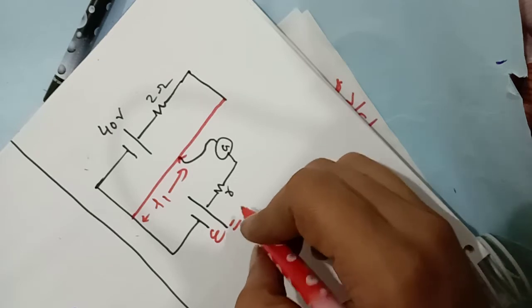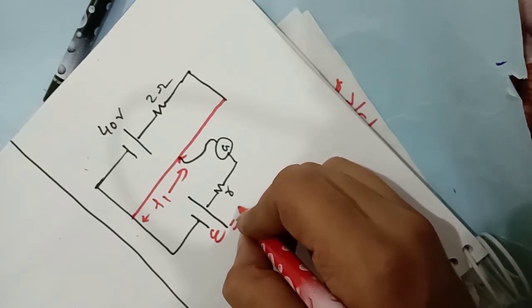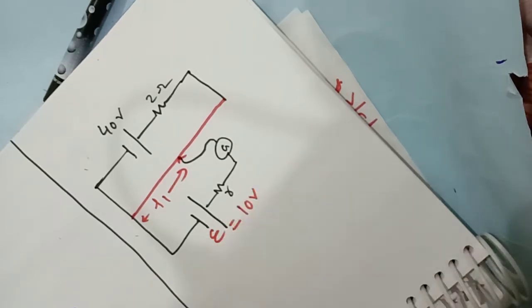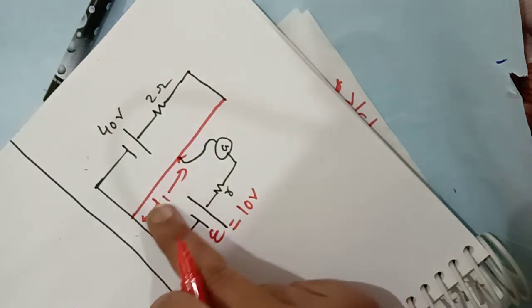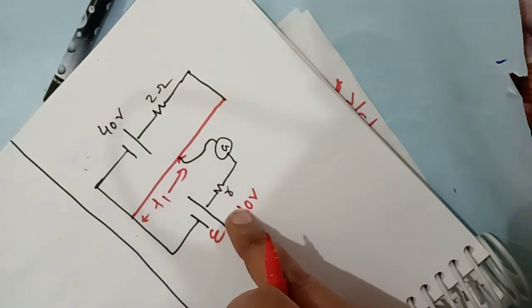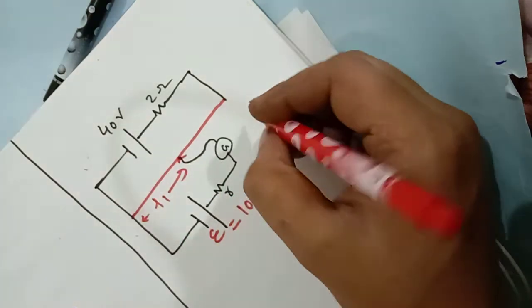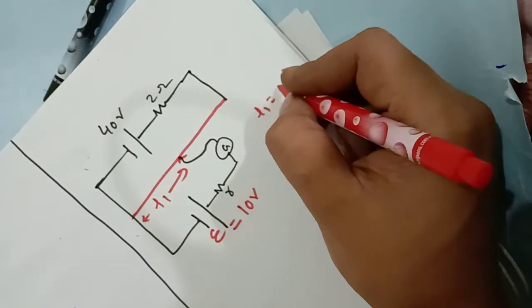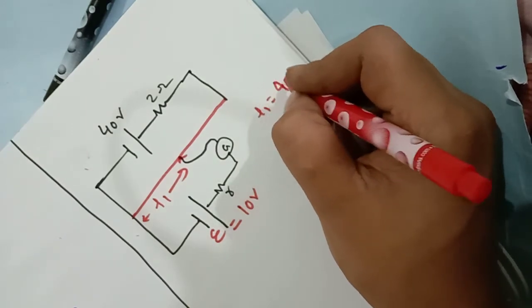What is the E value over here? Already mentioned, suppose it is 10 volts. I have mentioned that in the previous problem. Now we are required to find L1. If everything is the same, L1 will be the same as 10 by 4 meters. Sorry, 10 by 4 meters.